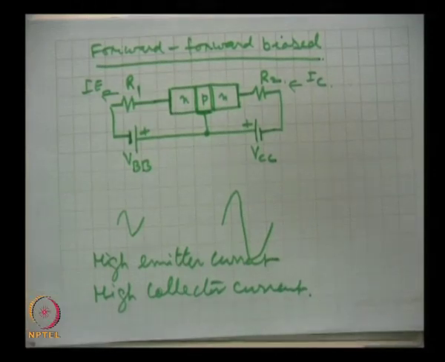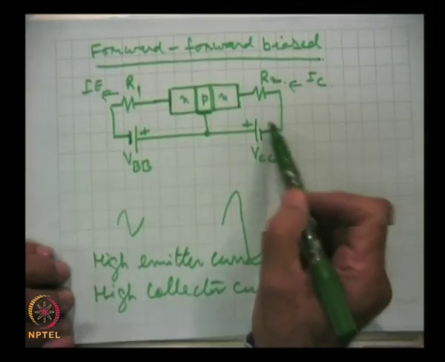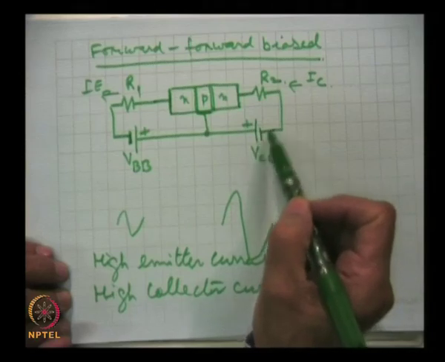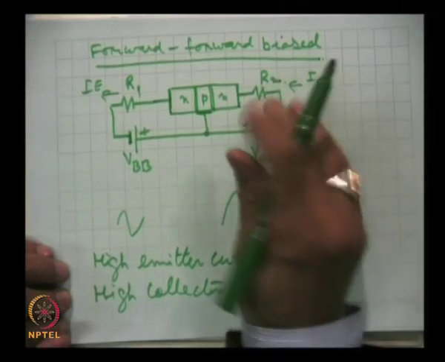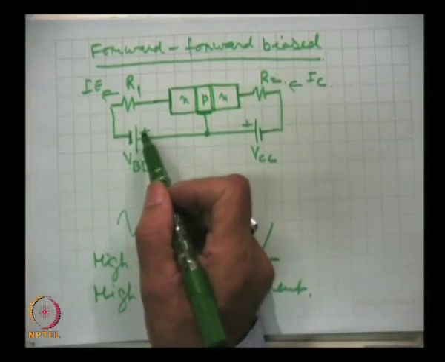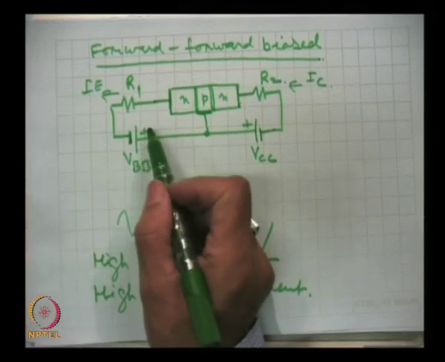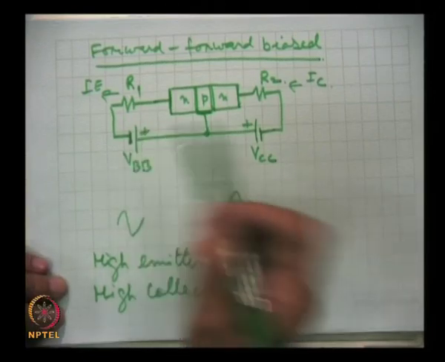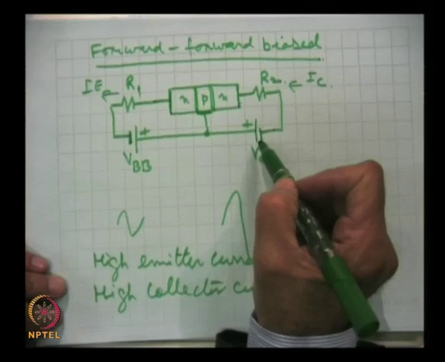The two currents will be very high, but one thing which is very significant and important when we talk of amplification: if we make this current 0, for example, this is unbiased at the moment, then this current still remains almost the same. So, IE will not depend on IC.